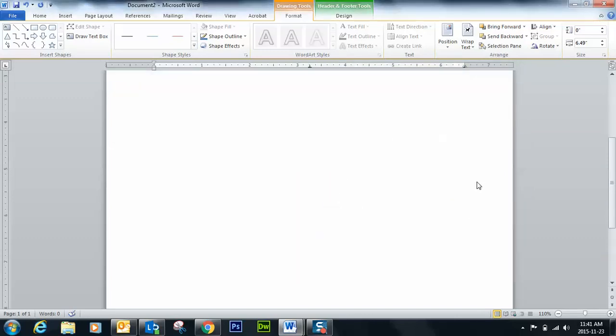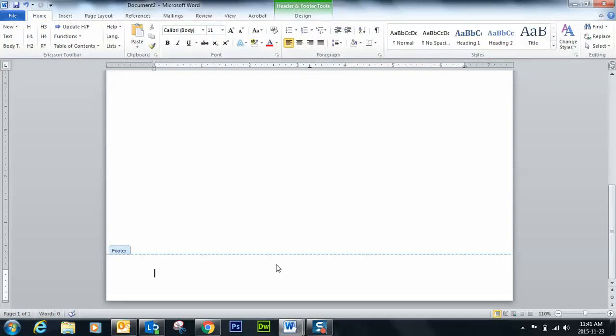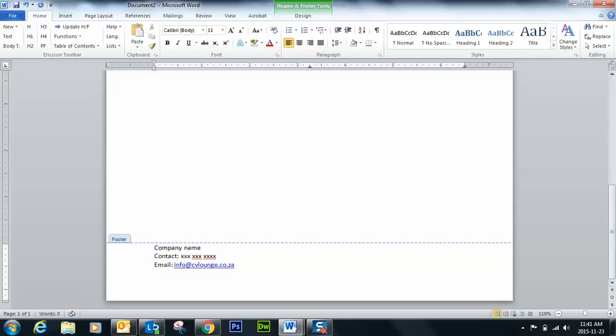Now we go to the footer. For this example, we are going to add the content in the footer and center align it. Type in the information that you want on the letterhead, the company name, your contact number, email address, and website address. We center align it,